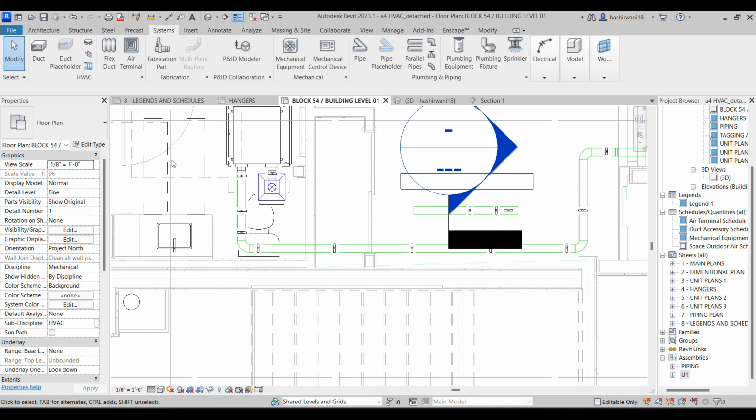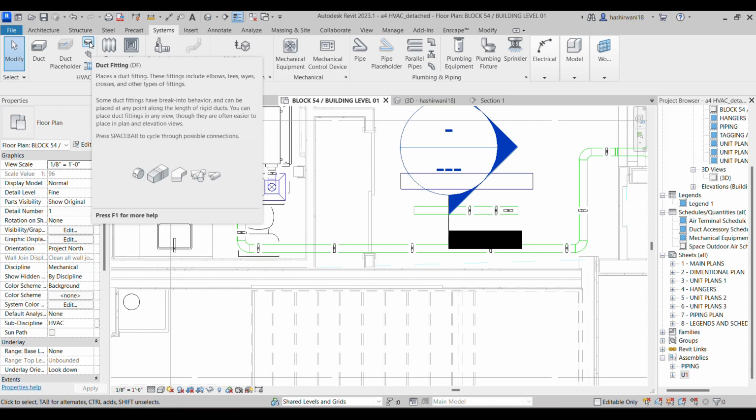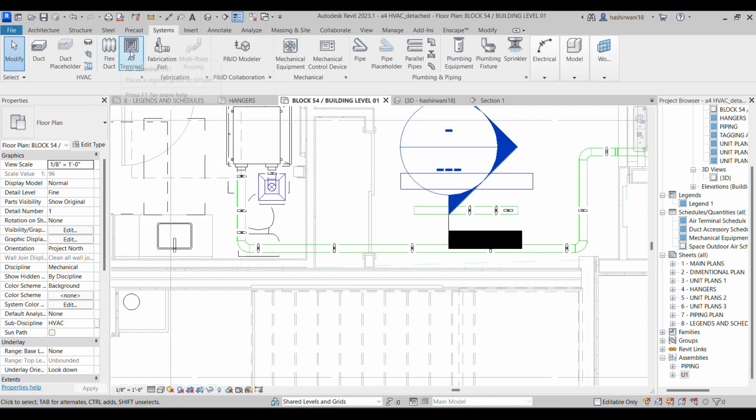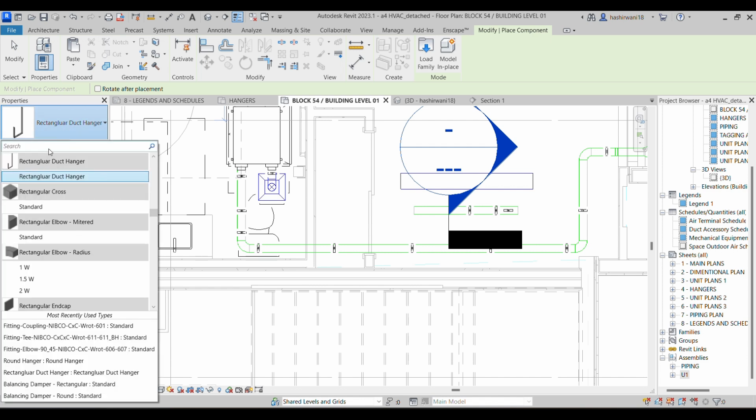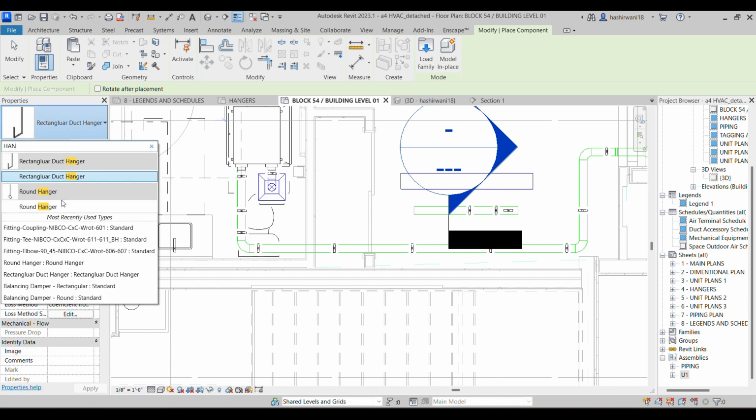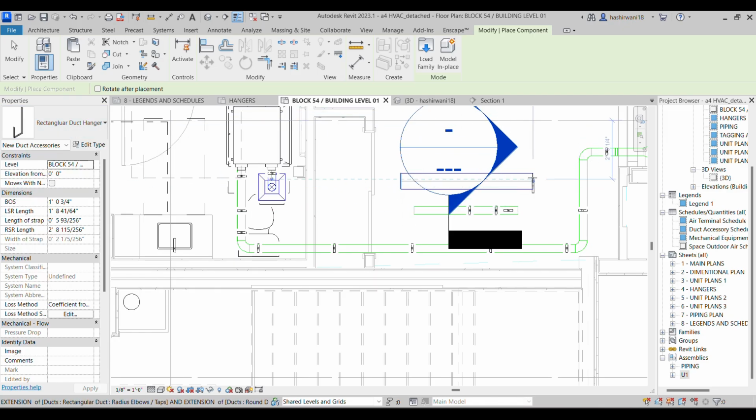Now if I want to search it, I can simply search it here, but sometimes what happens is the family has been placed on the wrong fitting. It may be placed near terminals or other things. So what I can do for that is I'll use a command called CM, which is the component command, and then I'll simply search for a hanger here, HANG. Can you see I have a rectangular duct hanger? I simply go and paste it here